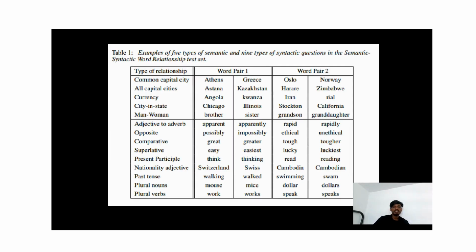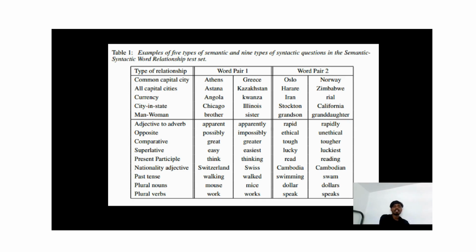So, to evaluate the quality of word embeddings, the authors use analogy-based tests instead of simply similarity. There are two types of relationships tested: semantic and syntactic. Semantic, like countries and capitals; syntactic, like grammar forms. For example, Athens is to Greece as Oslo is to Norway, and big is to biggest as small is